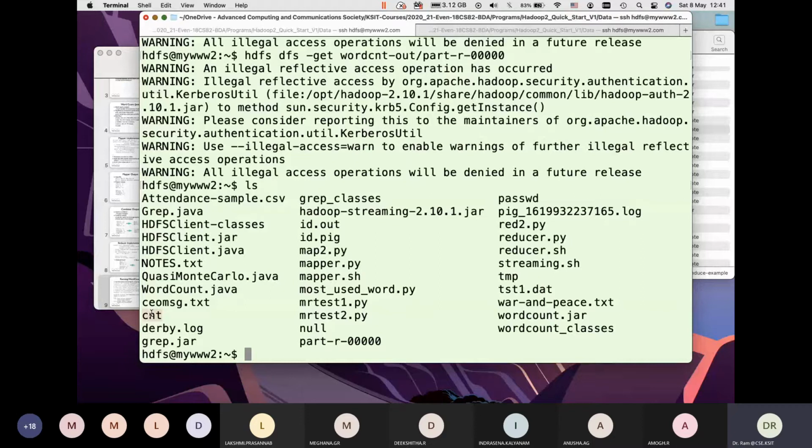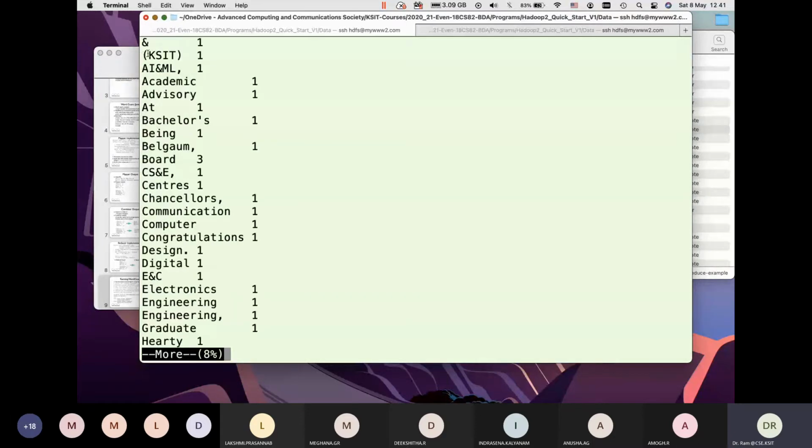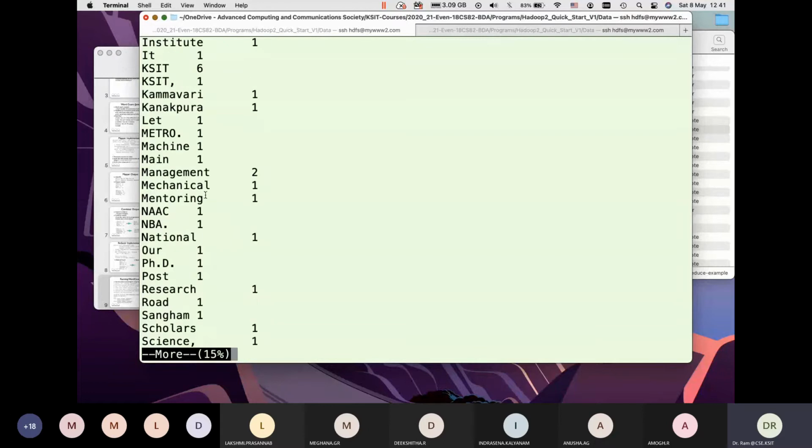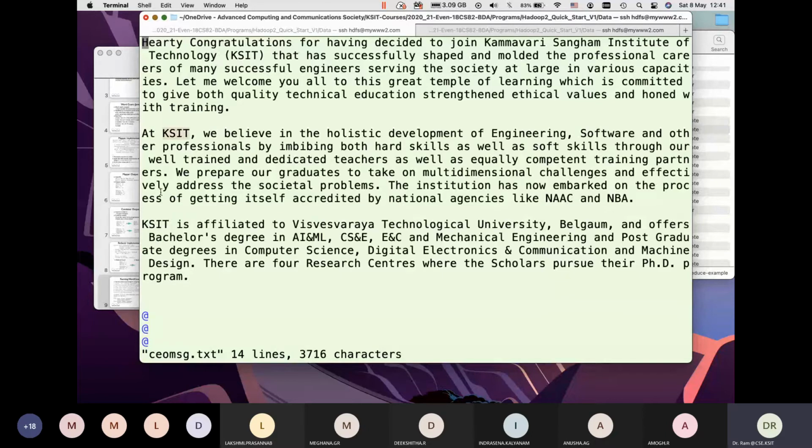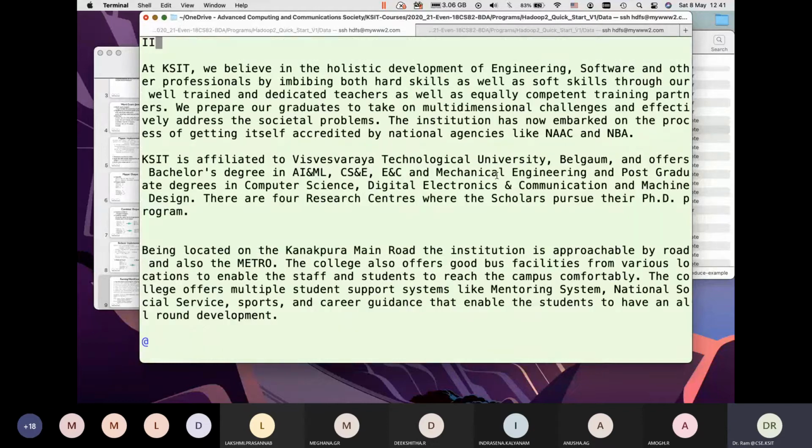I can say more CNT and you get all the counts. Case ID in brackets is one word, whereas case ID by itself appears 6 times in the document. Case ID comma appears one time. If you want to look at the file, you can take any file and look at case ID here. This is comma, this is one, and you'll probably find a number of other places where it appears. And that is the way the word count program works. You can see here the number of places it appears.